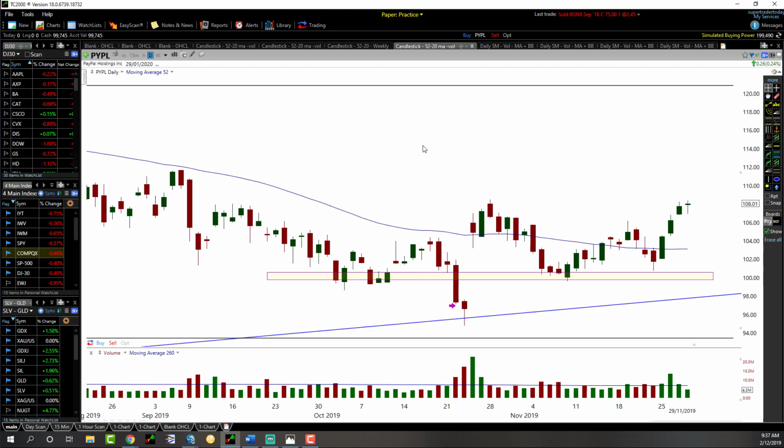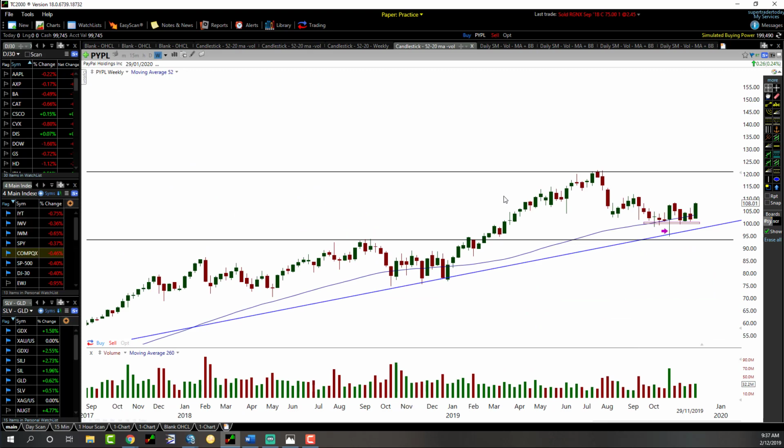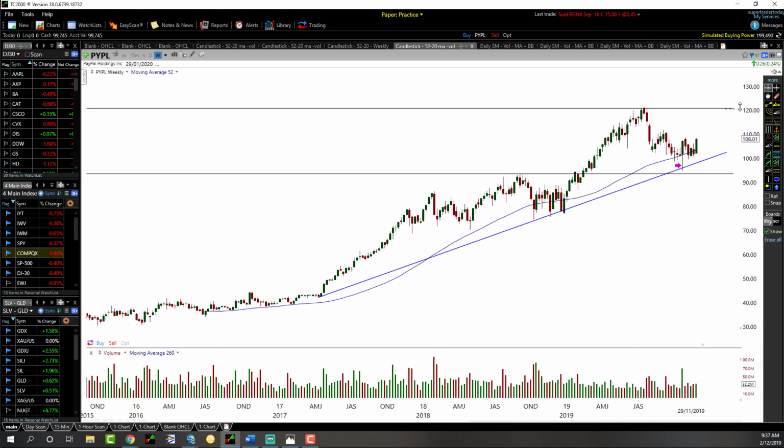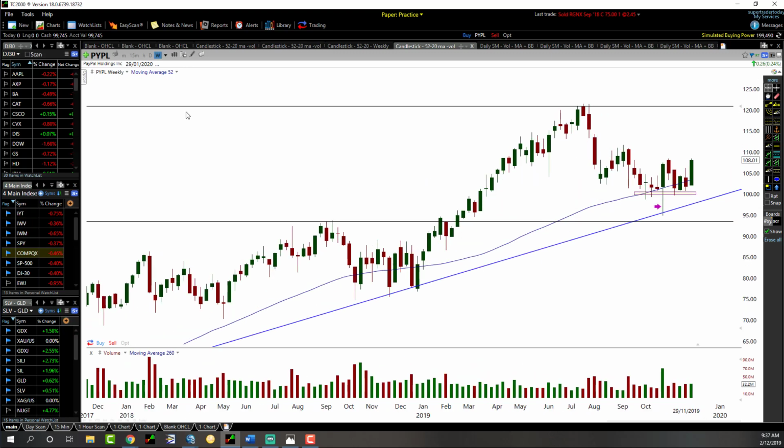Make sense? So always keep an eye on that weekly chart there. Bring up at least 2, 3, 4 years if you have to, and keep an eye on that, because these levels do reject. Like if I give you an example of